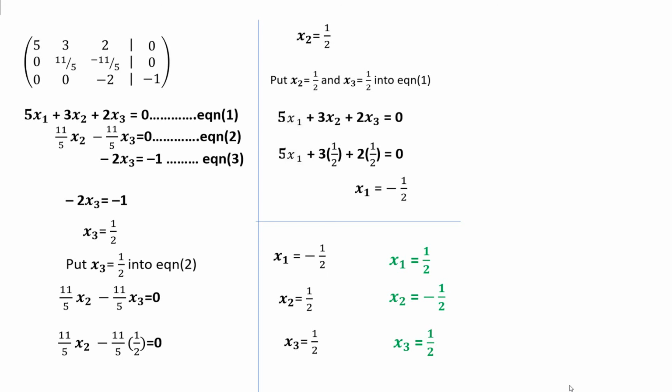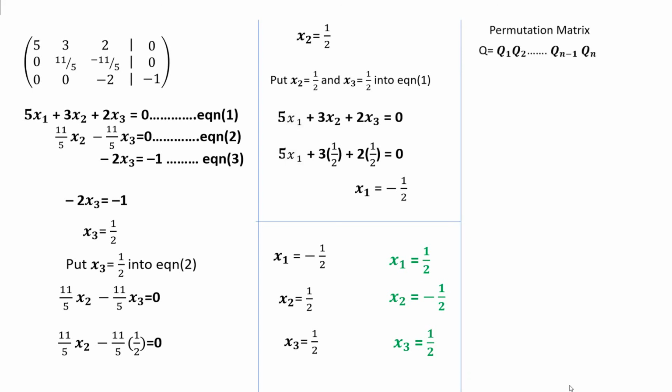But in some questions, you can do more than one column swapping, and we can even lose track of our final answer by not being able to identify what value is for S1, S2, S3, and so on. I'm going to show you a way to reverse whatever answer you get when you do column swapping to get the correct answer. We are going to use permutation matrix to do that.